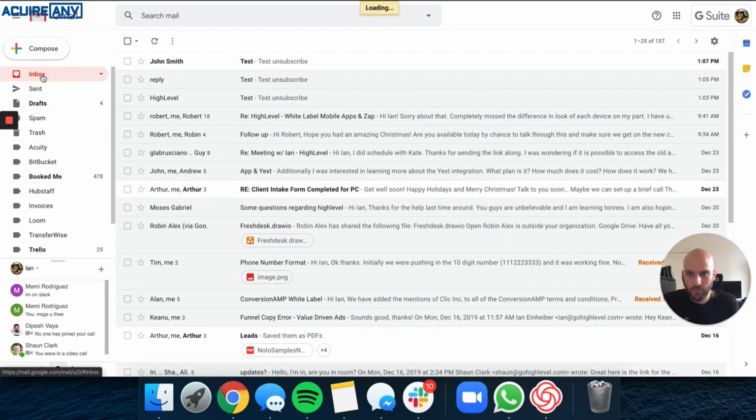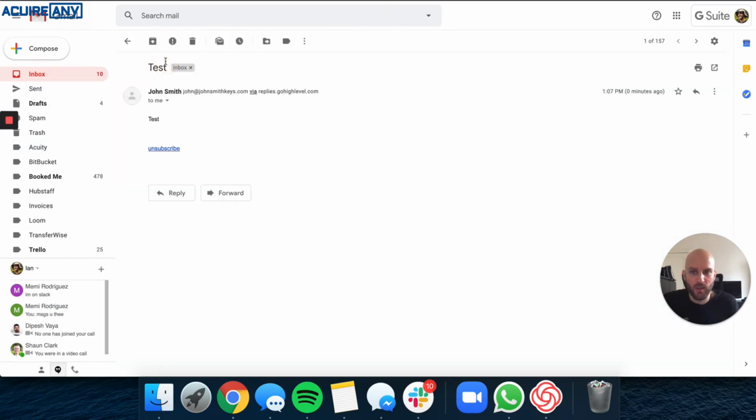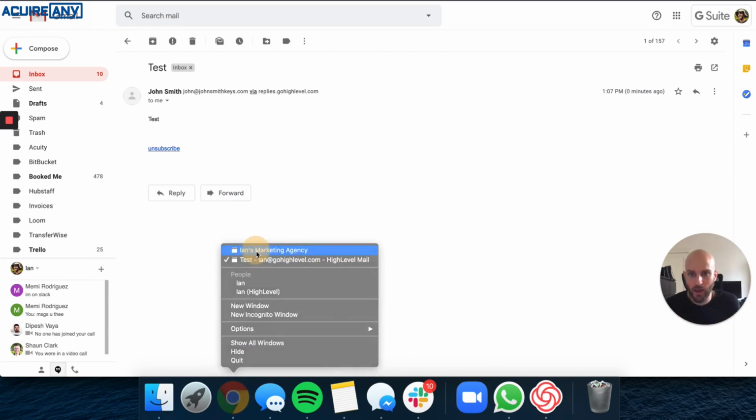Refresh. And there it is, John Smith, john@johnsmithkeys.com. As you can see, those campaign configuration settings overwrote my company settings, right? So this is the second tier. It's slightly stronger than the previous tier. But there's a third tier, and the third tier all has to do with users. So if I actually go back to my campaign,